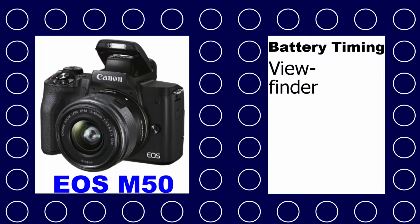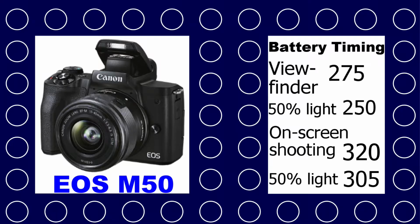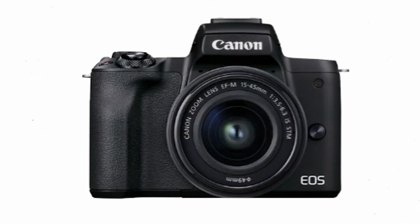The battery timing of Canon EOS M50 is: for viewfinder shooting, you can take approx 275 pictures, and if 50% flash is used, then you can take approx 250 pictures. For on-screen shooting, you can take approx 320 pictures, and if 50% flash is used, then you can take approx 305 pictures. And for the cost, this camera will cost you $700 and is also available in 2 colors, black and